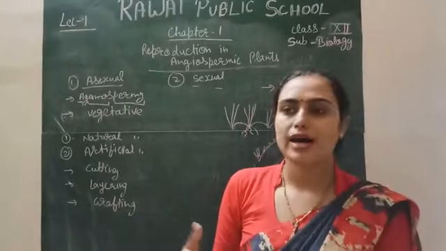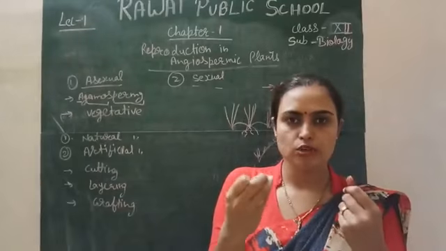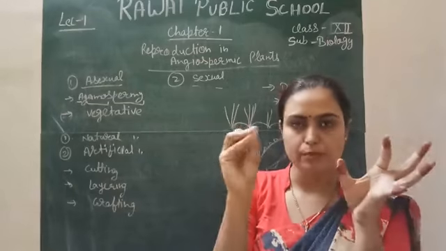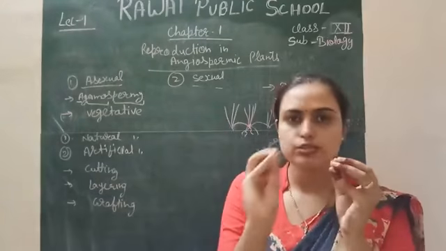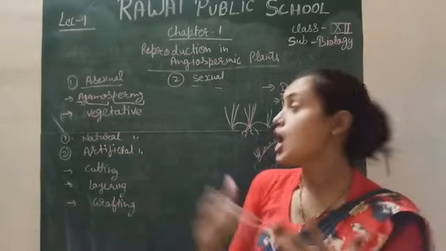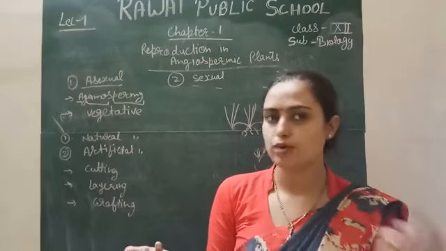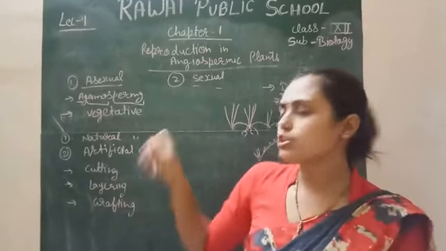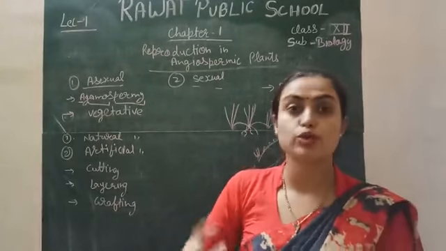One more is that by the reproductive part also, new plants are formed. For example, in a few cases of plants, if the bud, when the flower is not open, is detached from the main plant body and comes in contact with moist soil or the substratum, it produces adventitious roots and the new plant is produced. So the reproductive part of the plant also helps in natural vegetative propagation. So vegetative means the vegetative parts of the plant, for example root, stem and leaf, help in the formation of new plants simply. Similarly, after natural vegetative propagation, we will do some experiments on how we can produce our desired plant artificially.